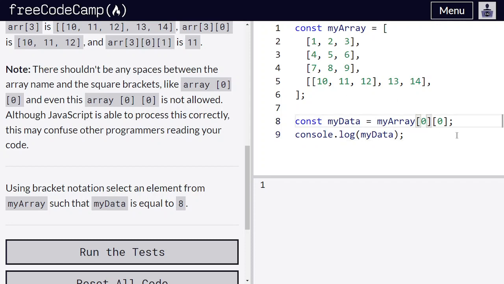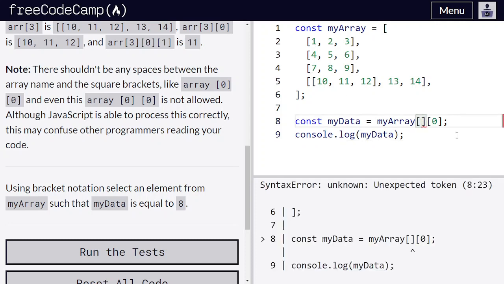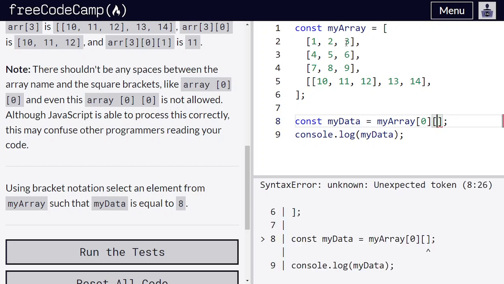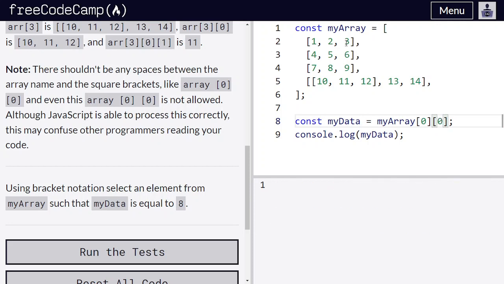And if you change it to, let it be 0, let me change it to 1, then it will move to 2. And if I type 3, then it will move to nothing, because there is nothing like that, because the last one is 2. So if you type 2, we will get 3. Now if you want to move to the second part, we need to type 1 in the first part, so we'll get 4.